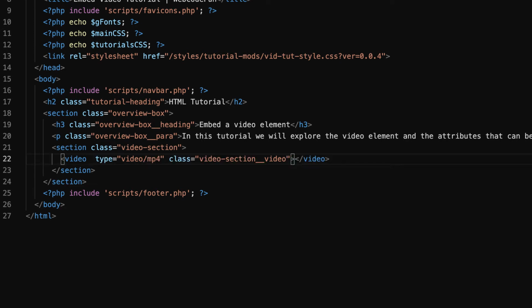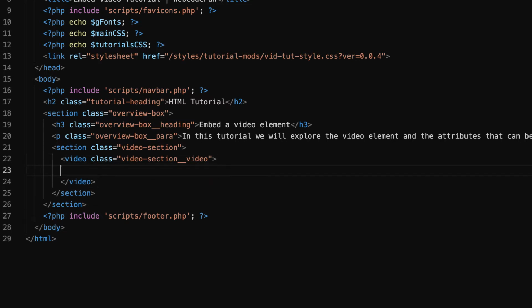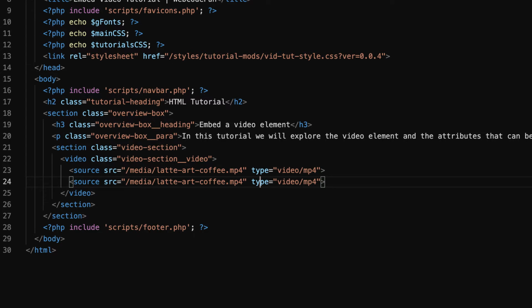You can also add one or more source tags with different video sources to the video element. The browser will then choose the first one that it supports, working down the list until it finds one. We have an MP4 file, which works on all major browsers, but you could also add an OGG file, for example. There are different video file types that you can use, but nowadays it's best just to upload an MP4 or WebM format, as all the major browsers accept these formats, and so it saves you having to use multiple